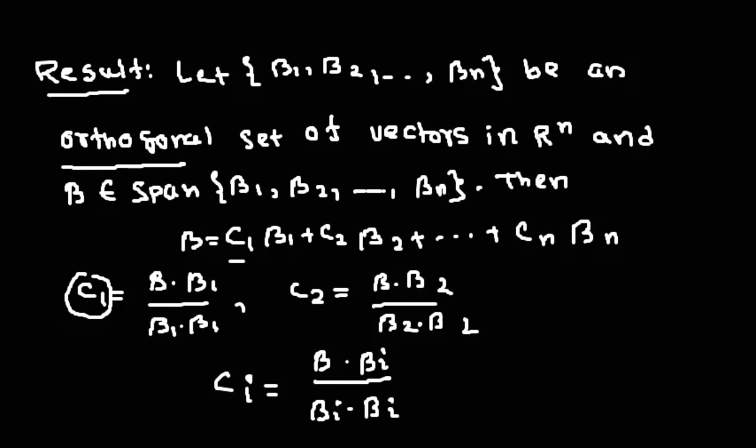We already did such a thing previously, but over here we are just using the inner product to find the components C1, C2, Ci. So let me look back at where we have used this type of formula and what is the meaning of this concept. Let me write that down. We will work with R2 first, and then we'll go to R3, R4 and R5. So let me talk about R2.